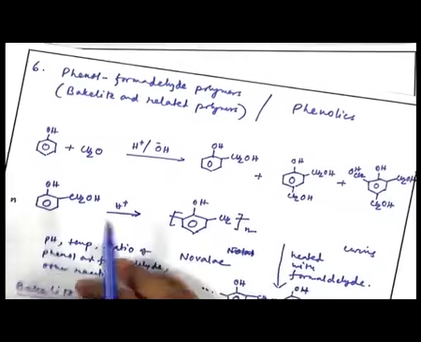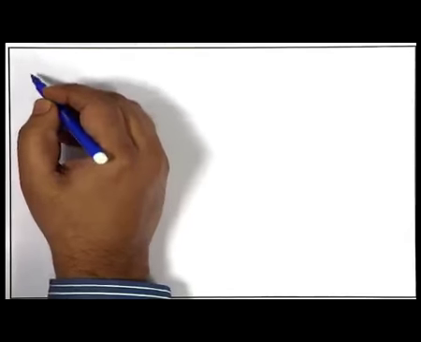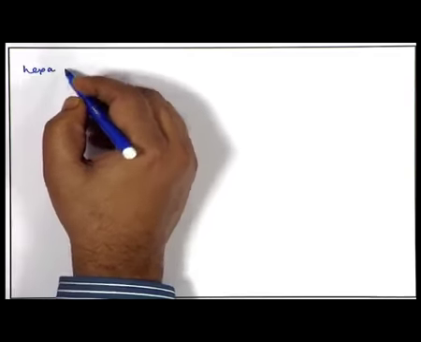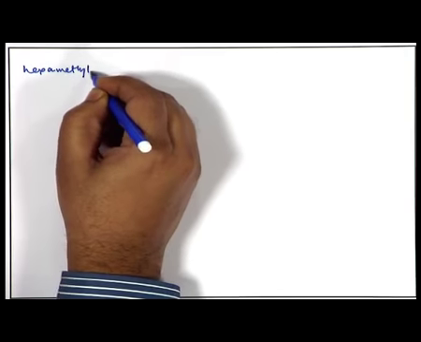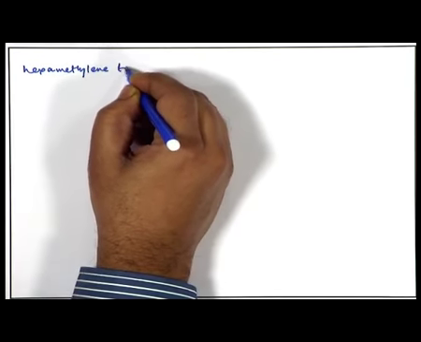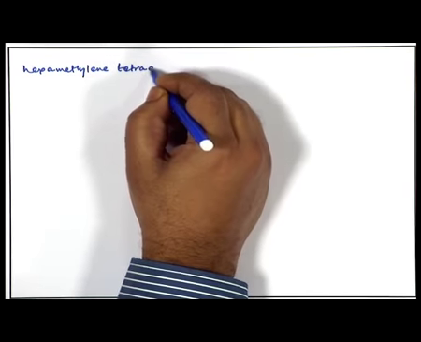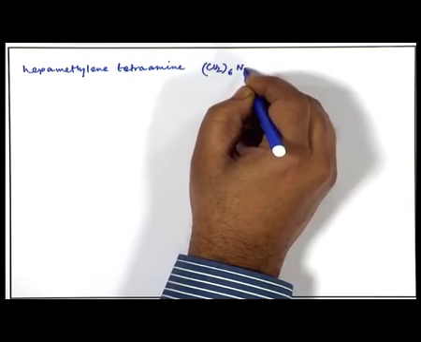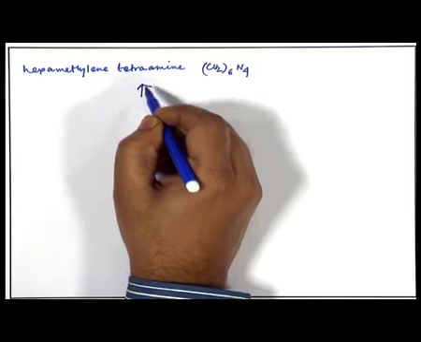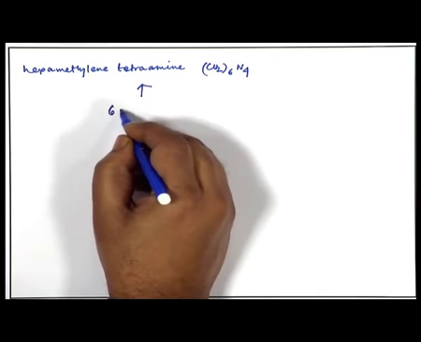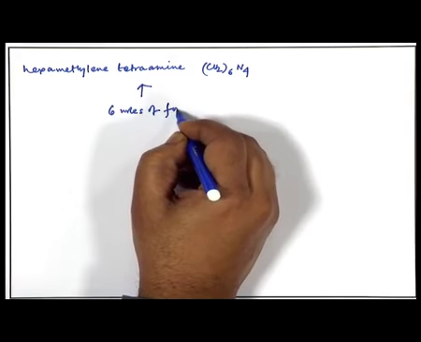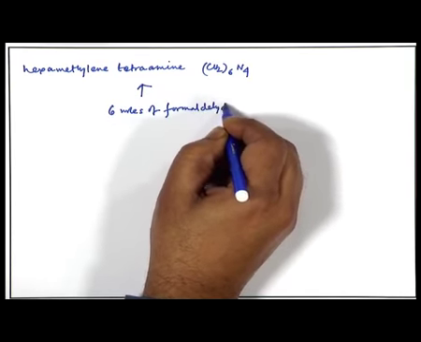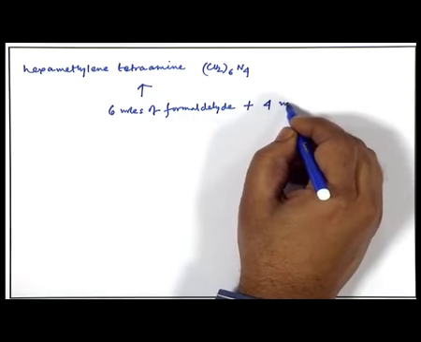Now, sometimes instead of formaldehyde, which we used here as a cross linking agent, we can use other cross linking agents like hexamethylene tetramine, which is obtained from 6 moles of formaldehyde plus 4 moles of